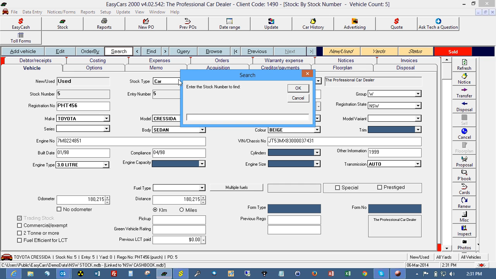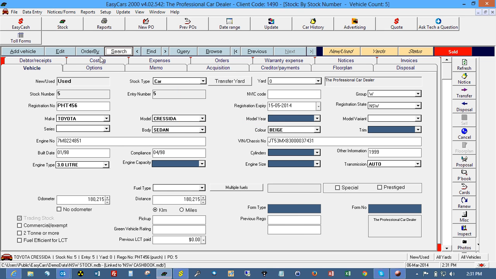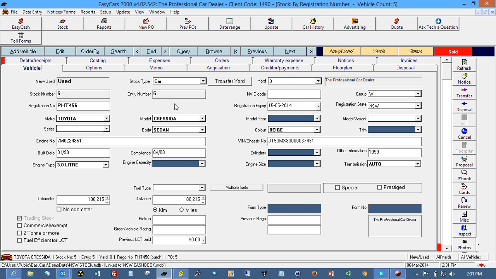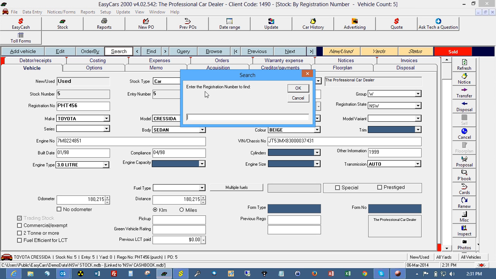Now, if you don't always search on the stock number and alternatively you want to search on the registration number, we cancel out of this screen, you go to the order by button. You can choose to always order your search sequence by registration number. So now when I hit the search button, it says enter the registration number to find. So if you know what that registration number is, you type that in and it'll bring that vehicle up on